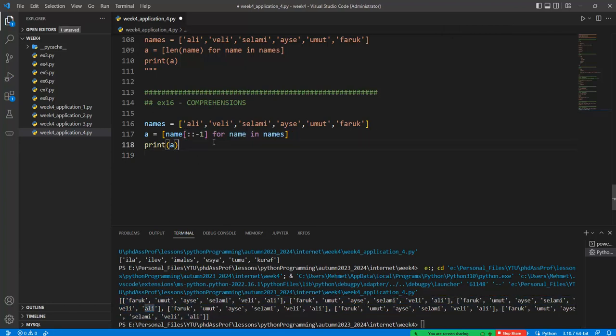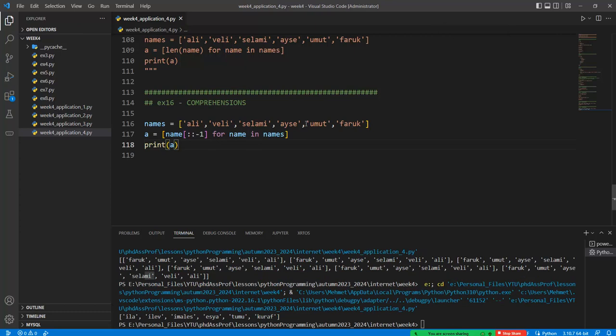Okay, but in this case I can reverse the whole code, or the whole character string, into the reverse order. Okay,